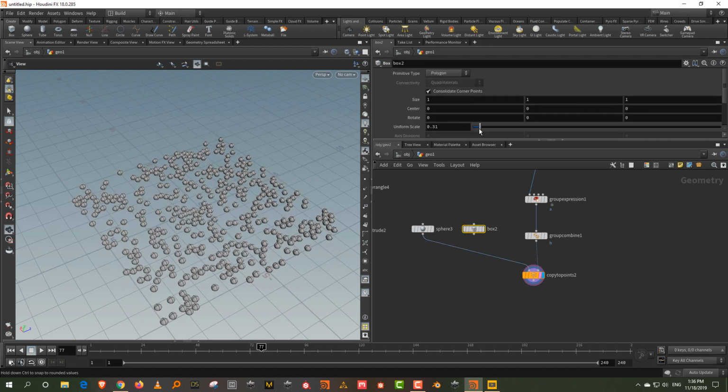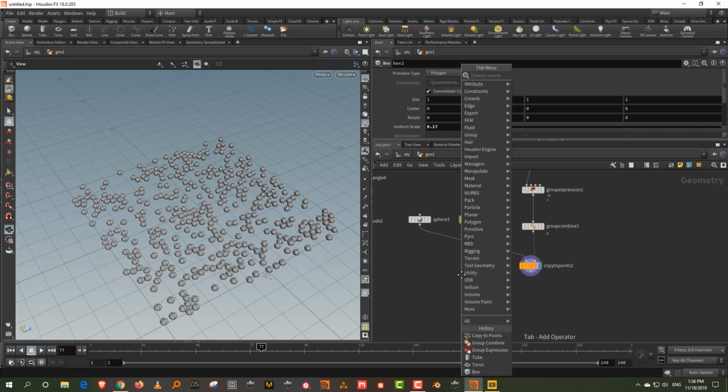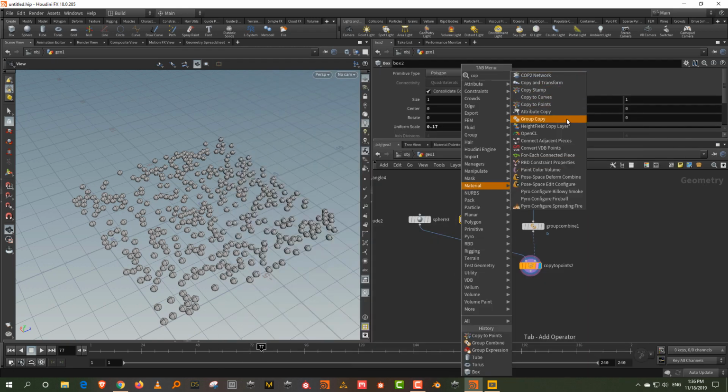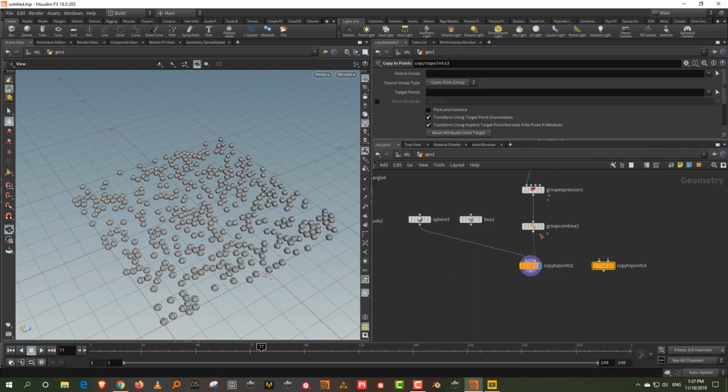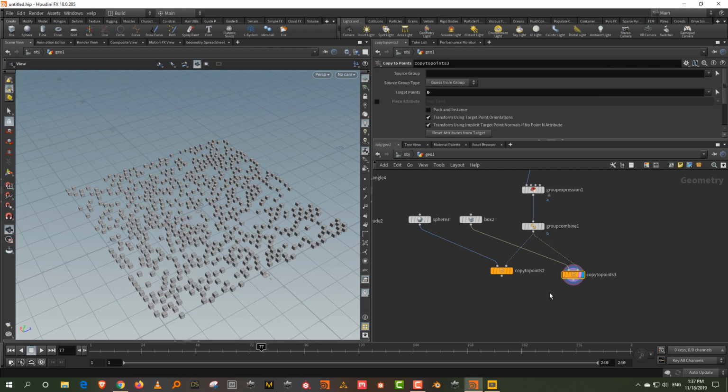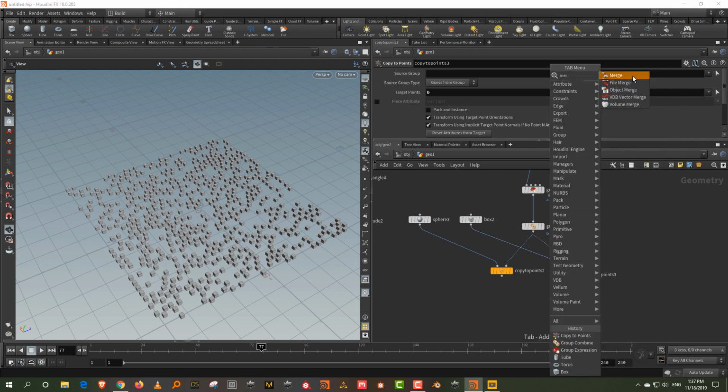Same thing here. Then I'll pick another copy to points, and this will be separate. In the second input, this will be B, and that takes the box. And then if we merge them together,